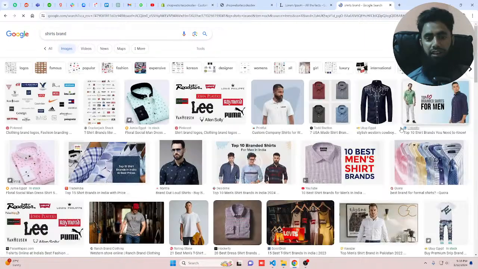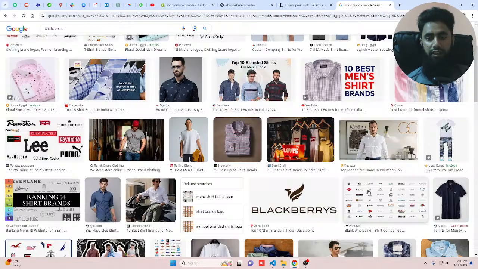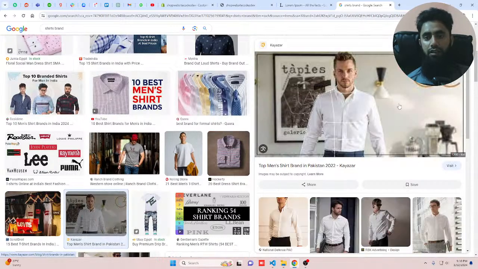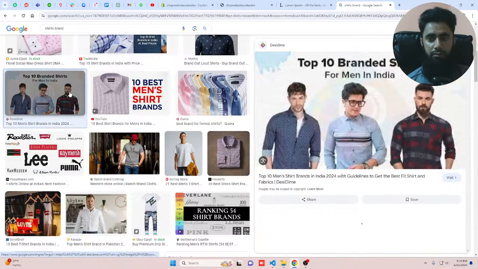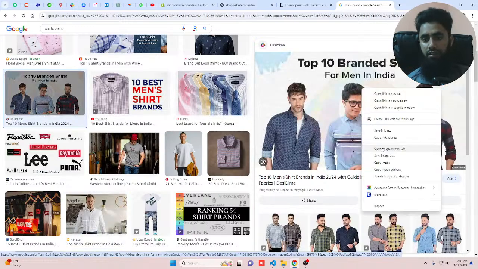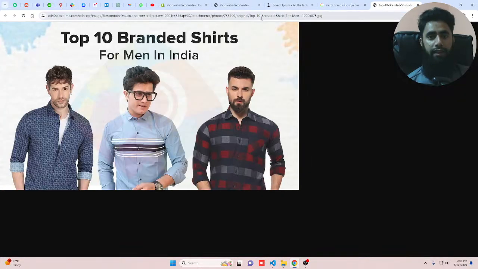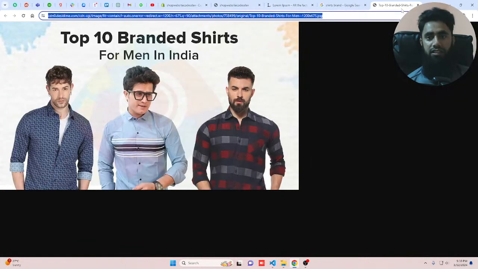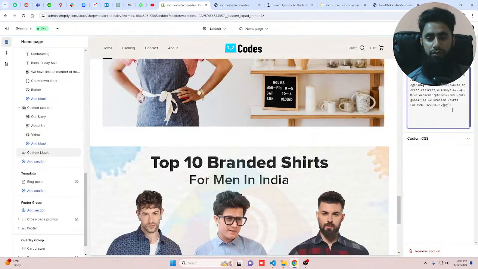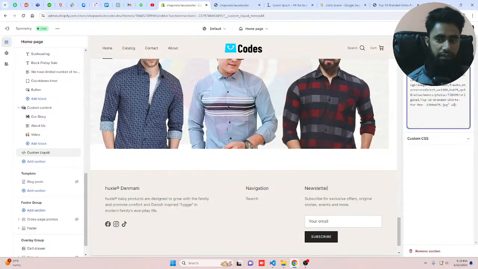So you can see that we have a lot of images here. So for example, you are interested to put this image into your store, or yeah, this is not clear enough, maybe this one, yeah, this one. So you can open image in new tab, and here you can see that this is the link. You should copy it and you should paste it into the source,